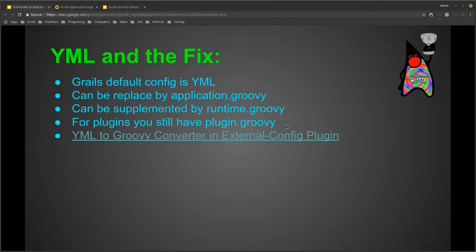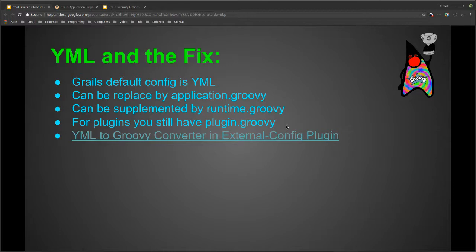So they made runtime.groovy, which allows you to actually run things that are within the scope of your application. For certain things, like say you had an external file for database credentials that's encrypted, and you wanted to use something to decrypt them, then you might want to do that in your runtime.groovy, because you'd be able to actually access that.